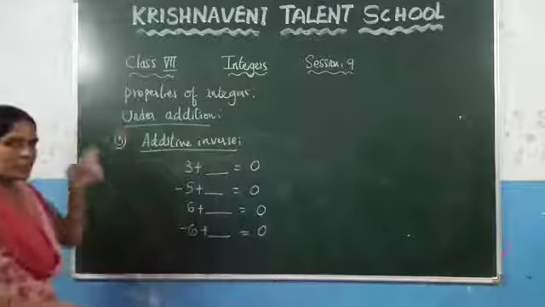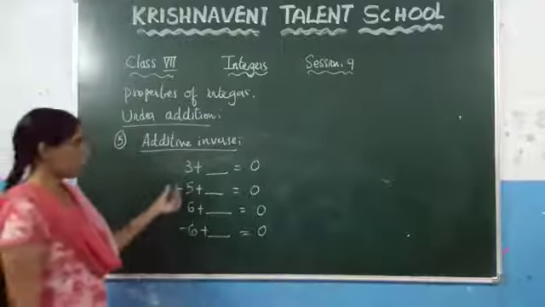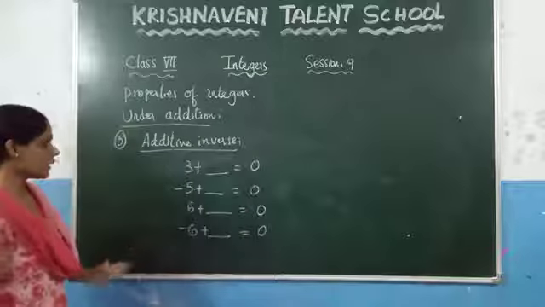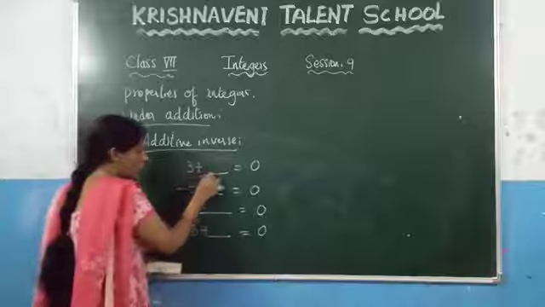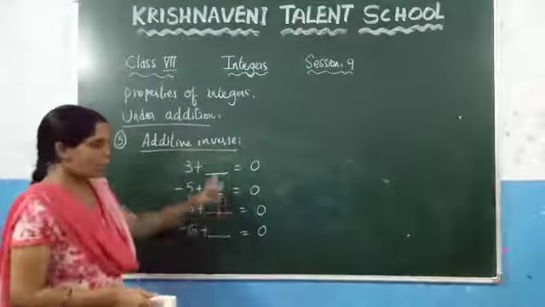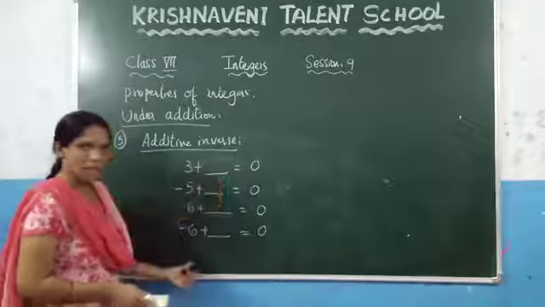Here, just the reverse we have written. For the additive identity, what have we written? We need to add some number such that we get the same number. Here, what do we have to write? Take one integer. We need to add some integer such that you get the result as 0. You always have to get the result as 0. Which number do you need to add here?